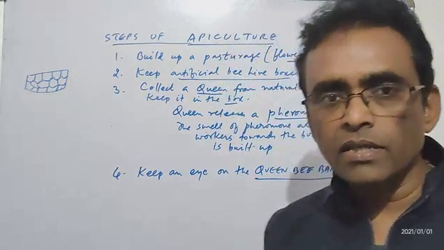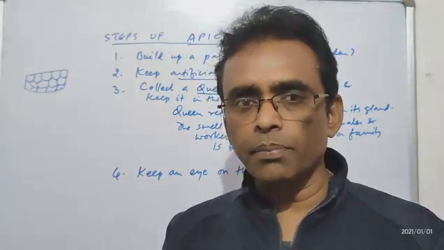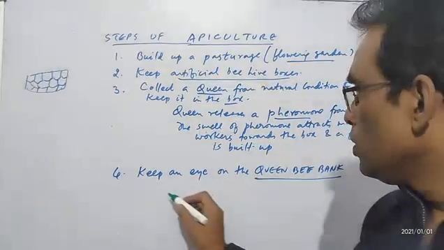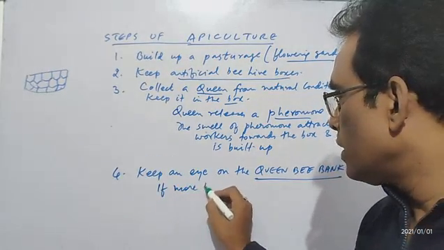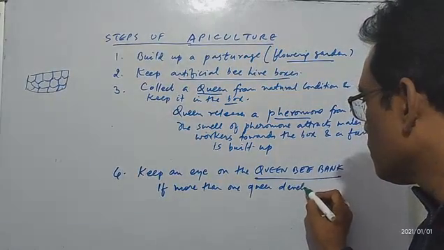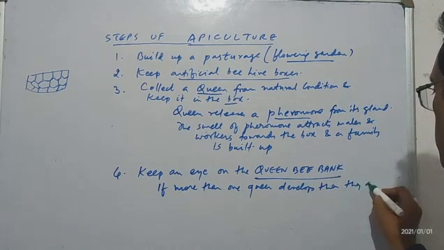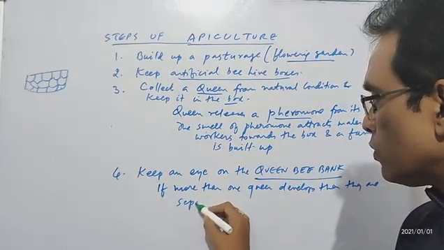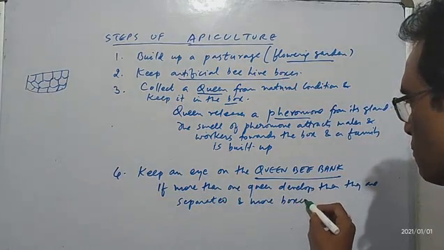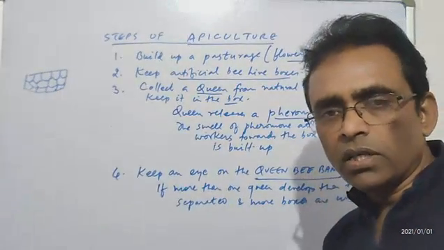Now, the moment you understand that, due to the hatching process and development and metamorphosis of caterpillars into young ones, more than one queen is developed, what you need to do is, if more than one queen develops, they are separated immediately before the fight, and more boxes are used. And that is how the boxes keep on increasing in number.